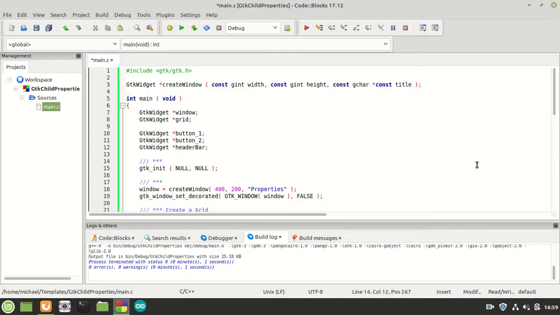Today we are going to talk about something more interesting: child properties. This means we are going to install child properties. You already know what you need to do if you want to install properties for your objects. Now we are going to learn what you need to know about how to install child properties for your